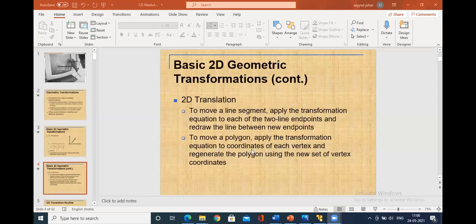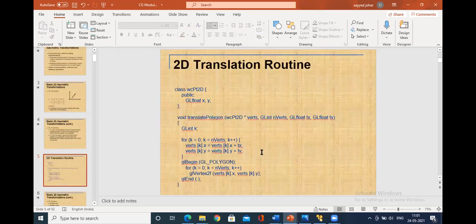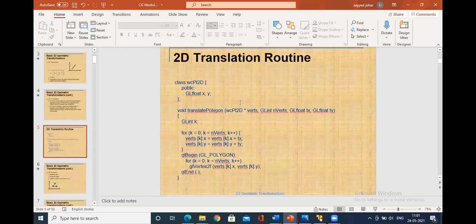Similarly, we could move other objects. The annotations are not working, so let me check after the class. So these are all the translation routines.